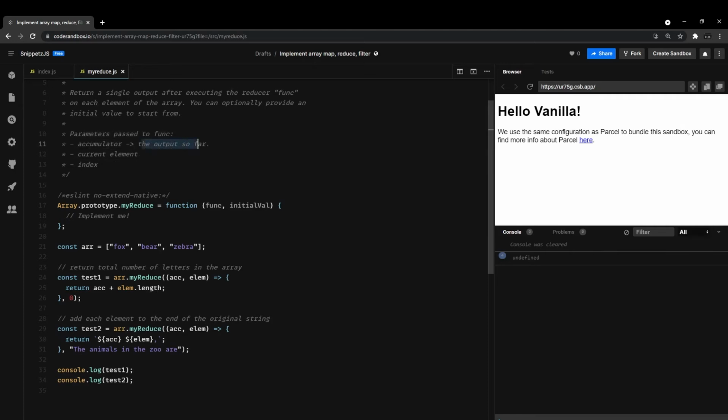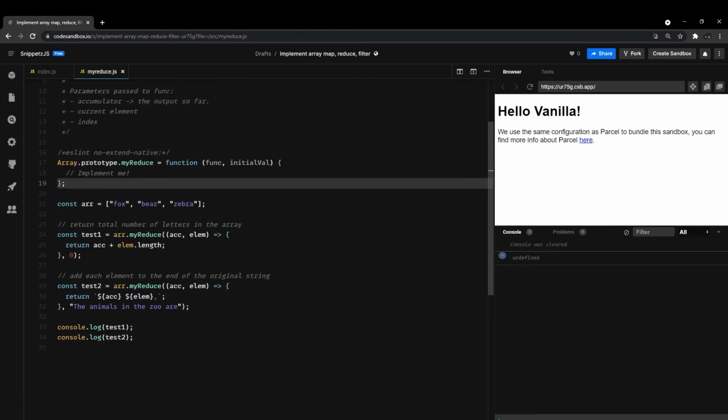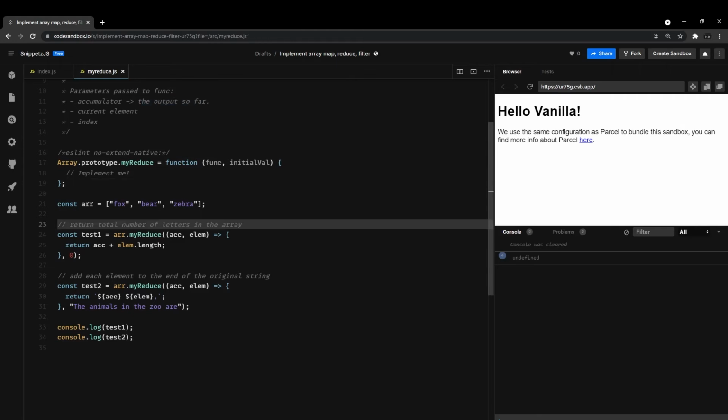Accumulator here is the output so far as you iterate over every single element. So for my test cases down here, the first one returns the total number of letters in the array, right? So we have fox, bear, zebra. The point of this first test case is to add up all the characters here and return the total count